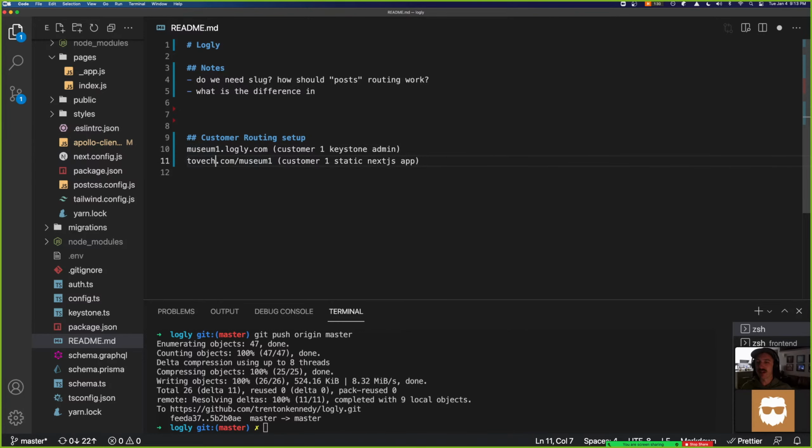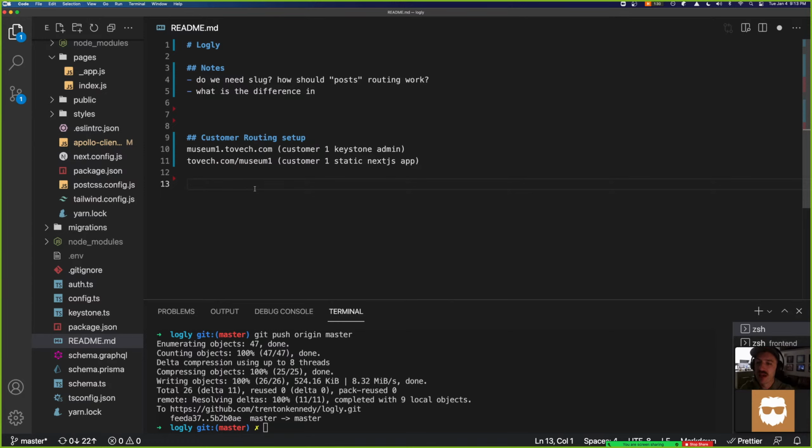Logly.com would be their technical setup. So he owns logly.com. So how would you go about this? You need multiple Keystone apps. I've got it set up right now. Okay, let's go back to Tovek just for our example because it's the same concept and I already have Tovek working, and we would replace Tovek later with Logly once we solve this.